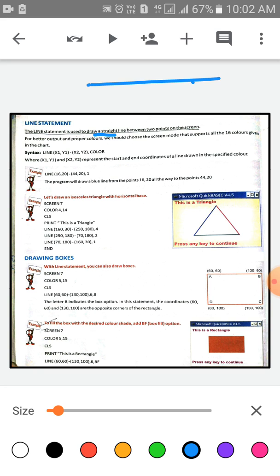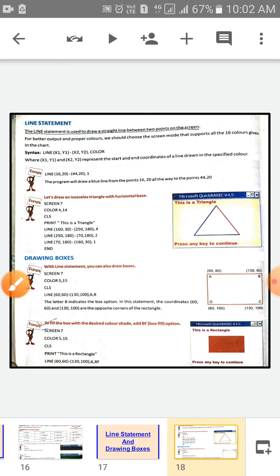For better output and proper color, we should choose a screen mode that supports all the 16 colors in the chart. This is the syntax, where x1, y1 and x2, y2 represent the start and end coordinates of lines drawn in the specific color. Children, it is also available in your computer book on page number 56.